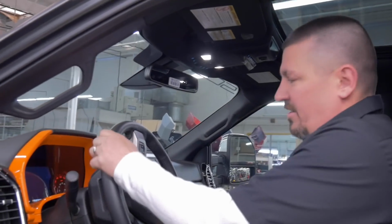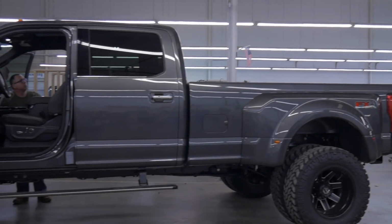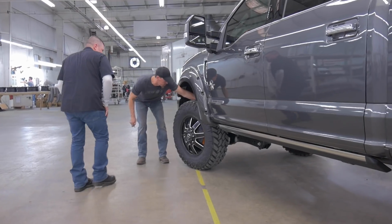I love how that orange pops. Man. What about the custom seats? What do you think? Yeah, you can see my Harley seat. I mean, it's identical. That is awesome. I like the big tires, man. You gonna try to talk him into letting you drive it a little bit? Well, we're going to do